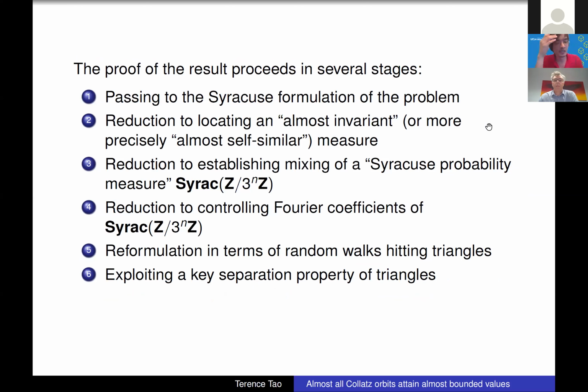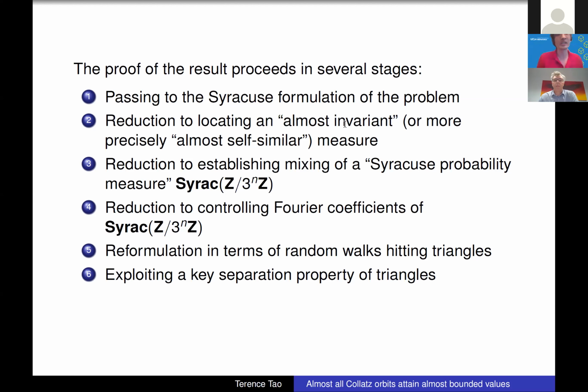The first step is to pass to a different version of the question, which is called the Syracuse problem, which is a little bit simpler. And then, inspired by this analogy of PDE, so PDEs have this thing called invariant measures. Many PDEs have attached a notion of invariant measure for the data. And we will construct something similar for this Collatz iteration, something called an almost invariant, or actually almost self-similar,